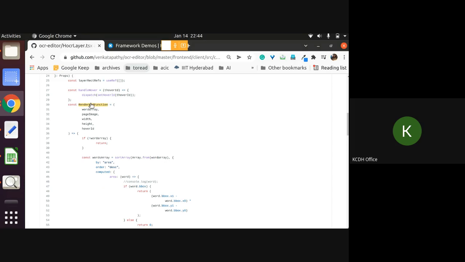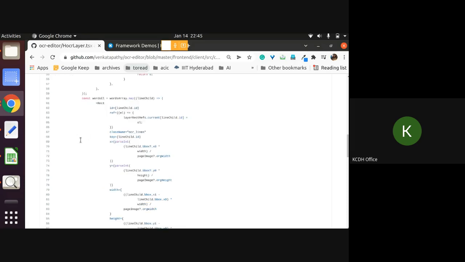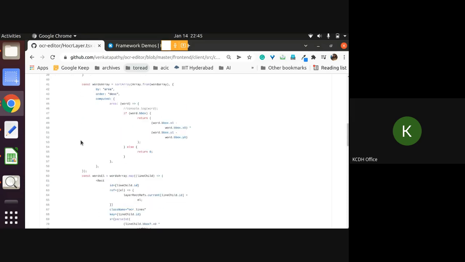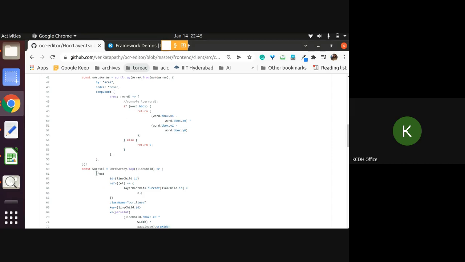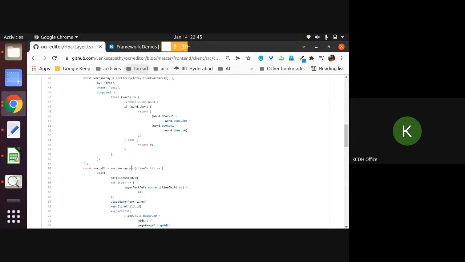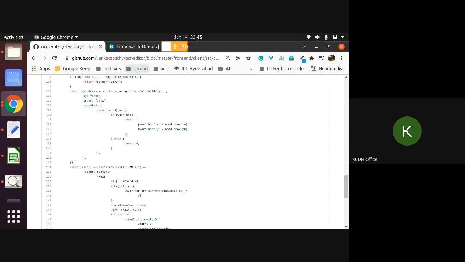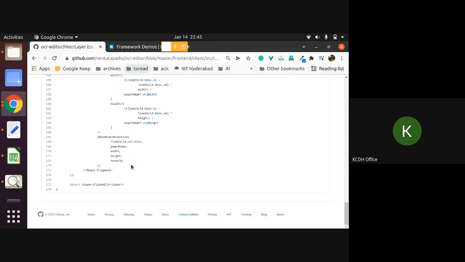You can see the render word function. Yeah, this is a function. It does nothing but map to an element. This element will be based on the words present in that. Okay, all these are keywords. Maybe you should learn them if you're not familiar. If you get familiar with React and get this, maybe you need to view this video time and again. But ultimately, the logic is very simple.